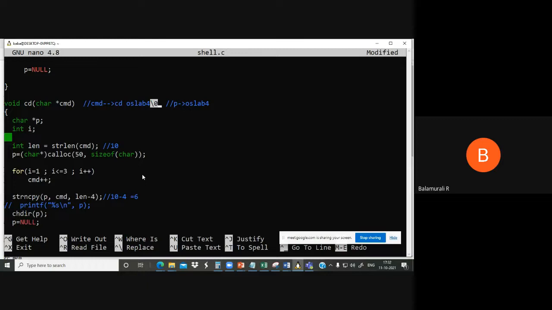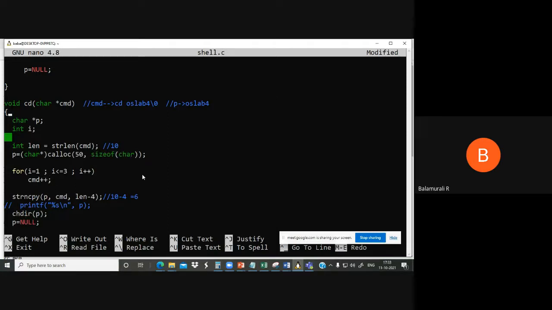These two things are counted as one character. So it's 10, but it is a generic algorithm. Now we allocate space for p using dynamic memory allocation: p is equal to (char *) calloc(50, sizeof(char)). We are allocating 50 locations, each of size 1 byte, since a character is 1 byte.